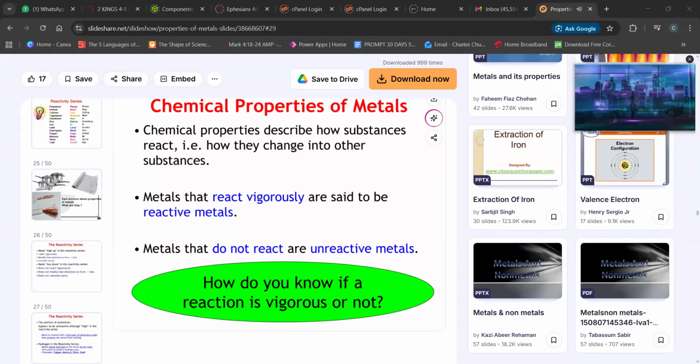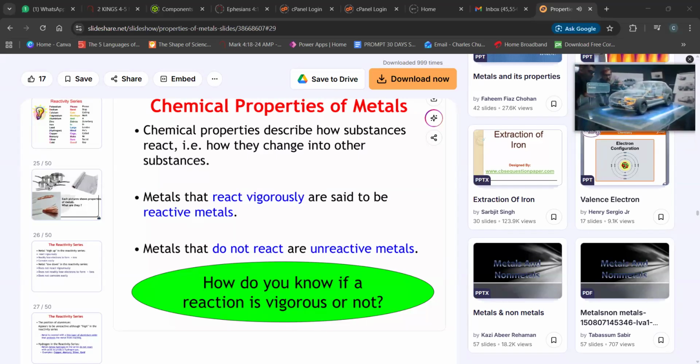Those are the ones that you would say fall under chemical changes, which allude to this concept of chemical properties of metals. So let's look at some chemical properties which show that they cannot be reversed. So at the back of your mind, have it that these things cannot be reversed once they happen. So first things first, we need to remember that there are some metals that can react vigorously, and those metals are said to be reactive metals. Example is sodium.